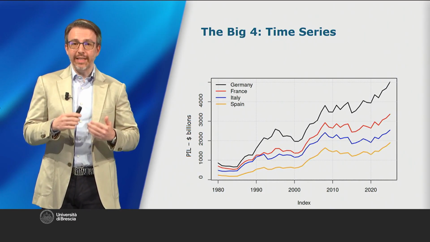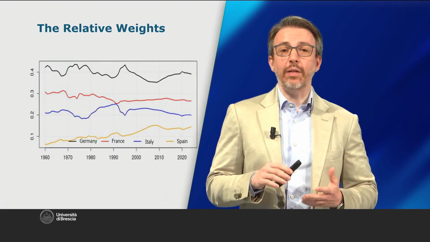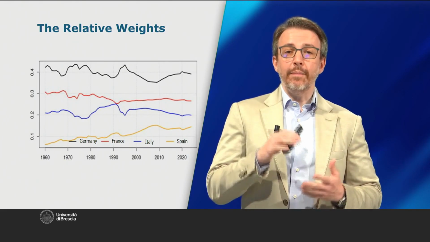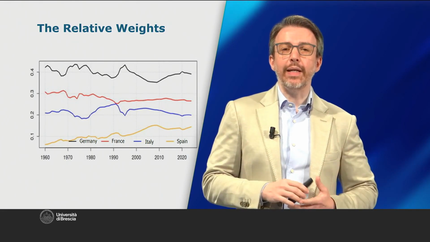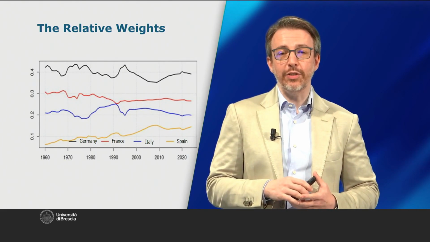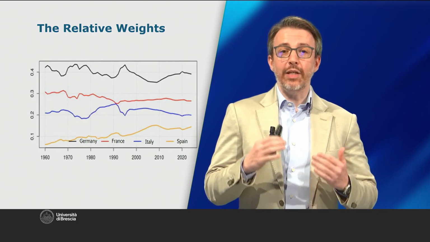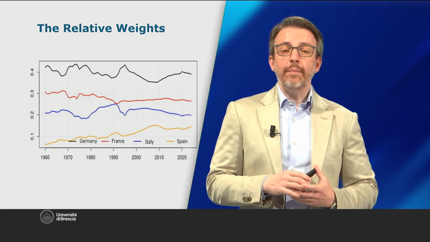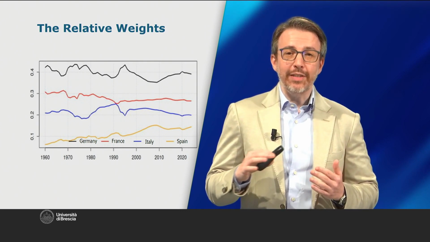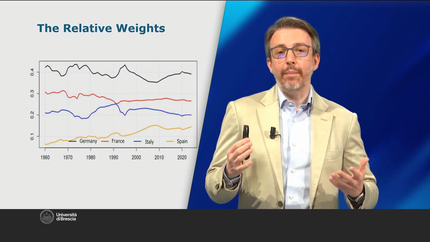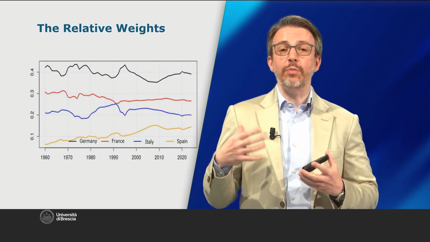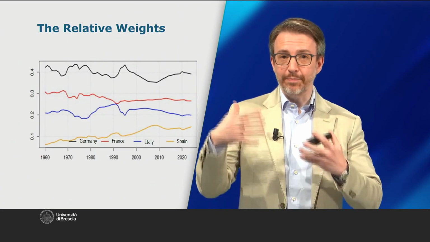We can see this in the next slide, where we can see the relative weight of the GDP of the 4 major countries in the European Union. Germany is always in first place with the largest GDP within the Union, then France as the second largest country, followed by Italy and then Spain. While Germany is experiencing a slight decline over time, as happens with all wealthy countries, which over the years become relatively less rich because other countries tend to catch up.